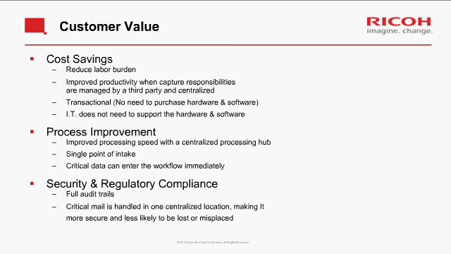Process improvement, improved processing speed with a centralized hub. It's a single point of intake, so all that information as it's coming into the enterprise, it's coming through the mailroom. We are intercepting it before it hits somebody's desk and is lost or misplaced and misses the workflow completely. Critical data can enter the workflow immediately, and that's what a lot of customers are looking for. Like I said, because one, it gives them the ability to act quickly and respond, but it also gives, like I said earlier, employees and users more time to respond